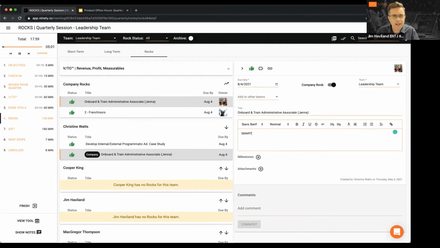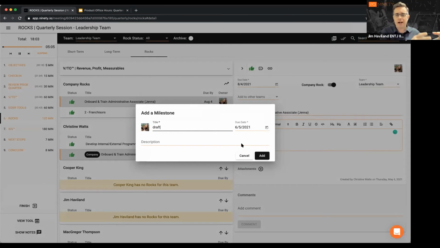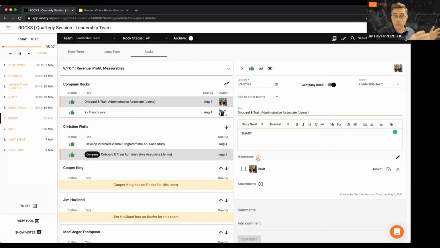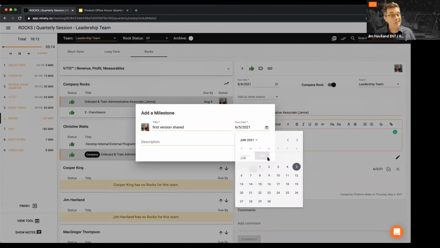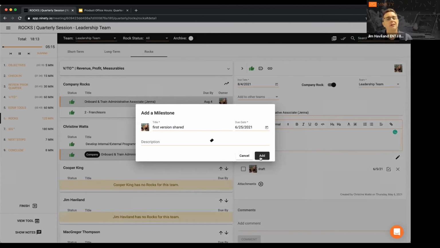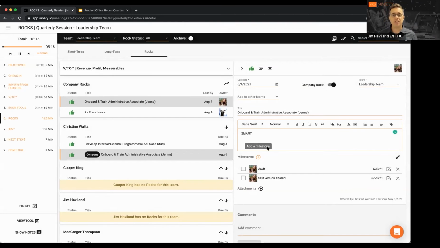If it's a company rock, it's a company priority. It's going to be on the VTO. You're going to talk to everybody about it at the State of the Company meeting, as this is one of the most important things we're working on this quarter. So make sure you understand what resources you're going to need, because you don't want to wait till the last week and go, oh shoot, I'm not done yet. That's how we turn this pulse into discipline, turning procrastination into discipline.